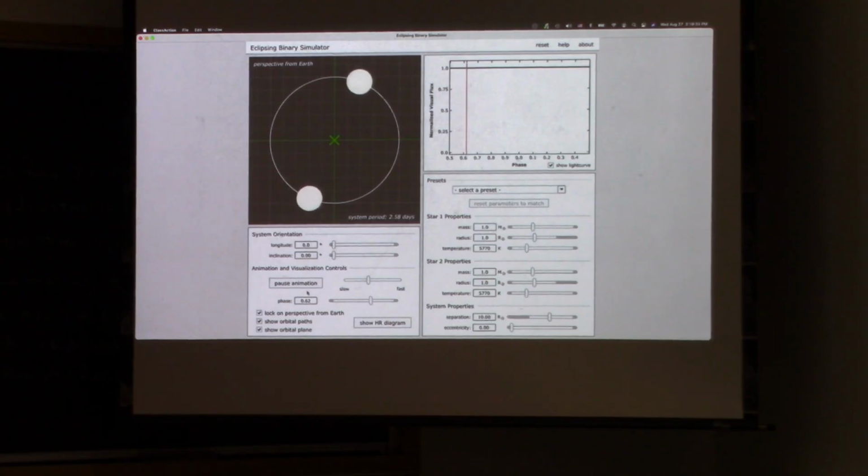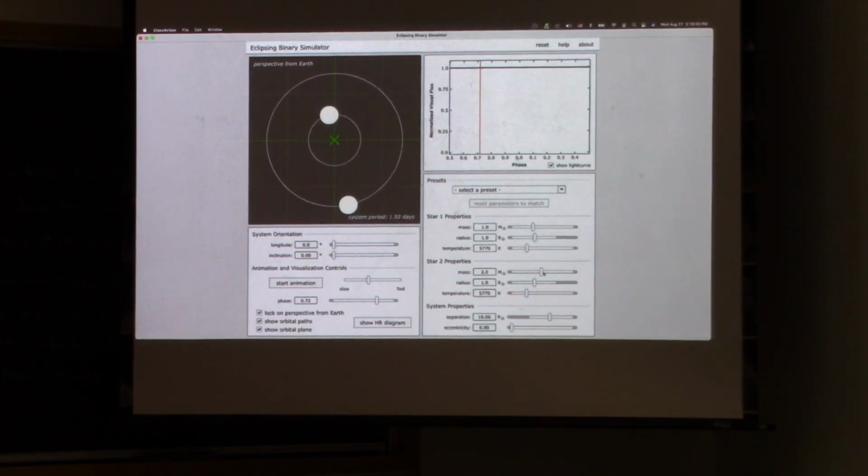But I could also change the masses. So which one will be closer to the center of mass, the more massive one or the less massive one? The more massive one will. So let's make star 2 more massive. Let's dial up the mass of star 2. There we go. I'll just keep it the same radius because it doesn't care about that physics. So now in that case, again, the line joining them always passes through the center of mass, so they're always on opposite sides of the center of mass, and they're both on circular orbits in this case, so that could happen.